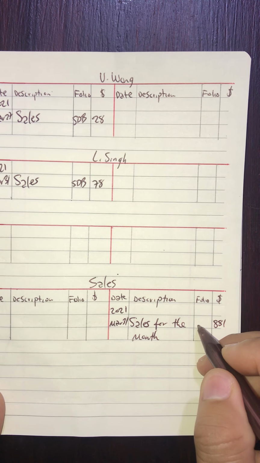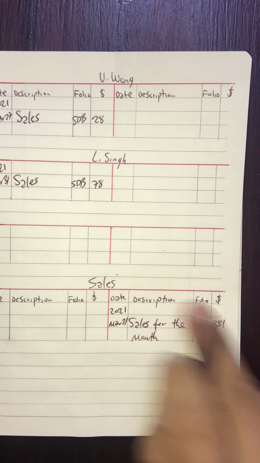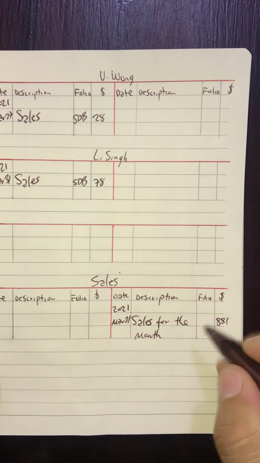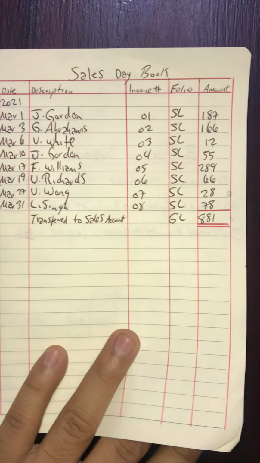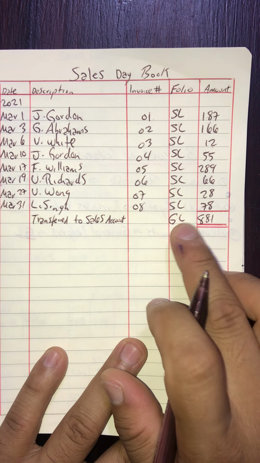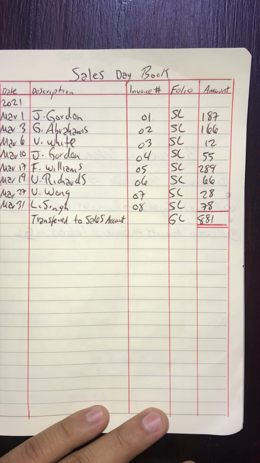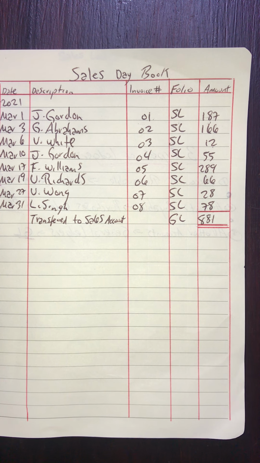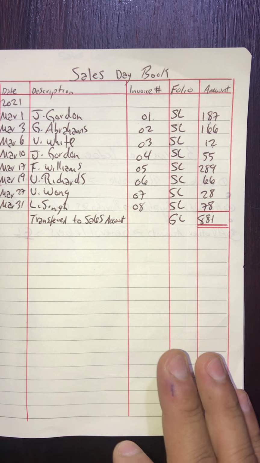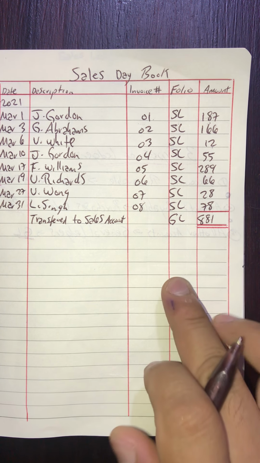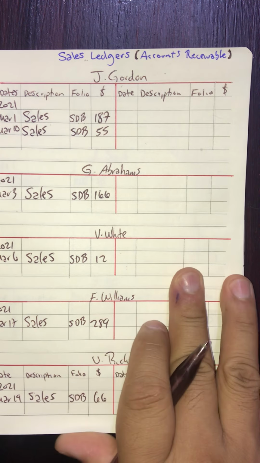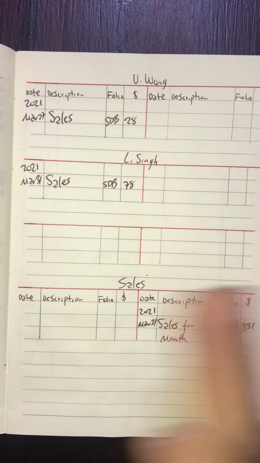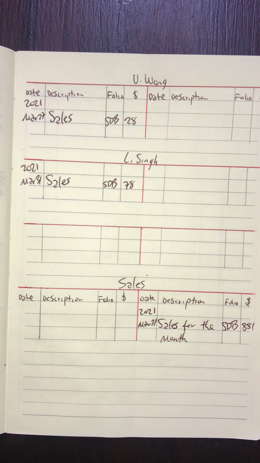And on our sales account, this particular transaction is coming from the sales day book, so that remains as sales day book. The only difference is perhaps this. The rest you guys know how to do. So very, very easy. You have to keep in mind that you must include folio and you must have your T accounts. The next step at this point, which I will not do and you are not required to do when I give you work in class, is